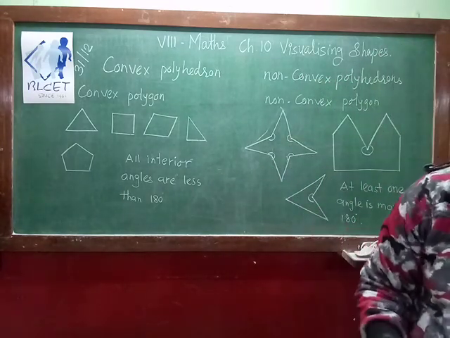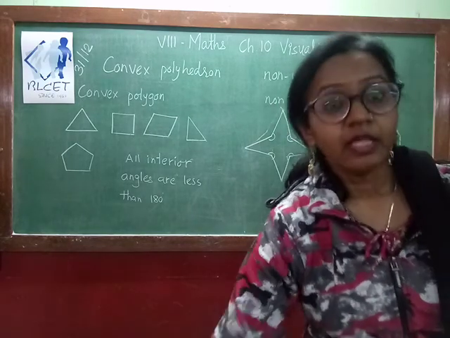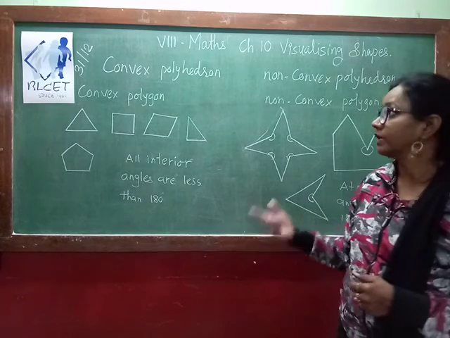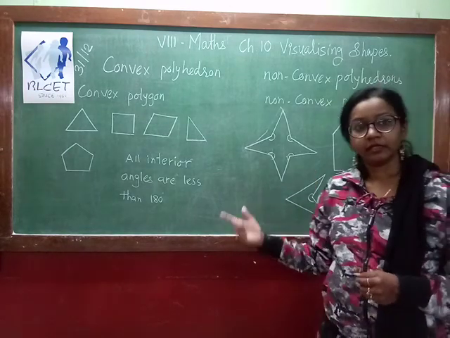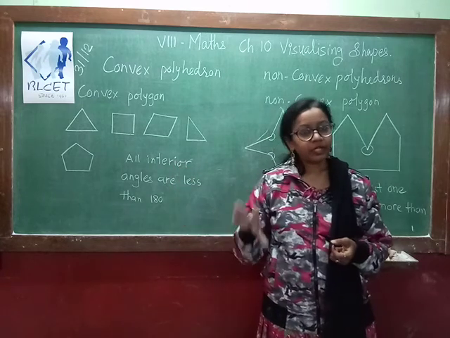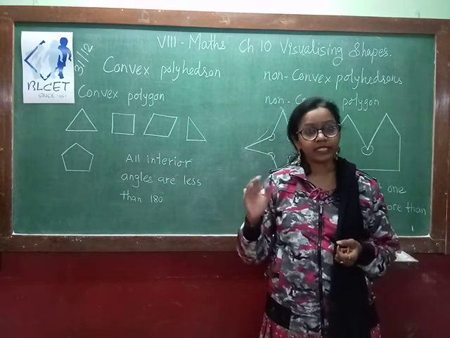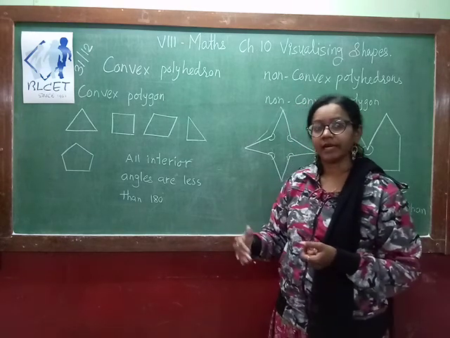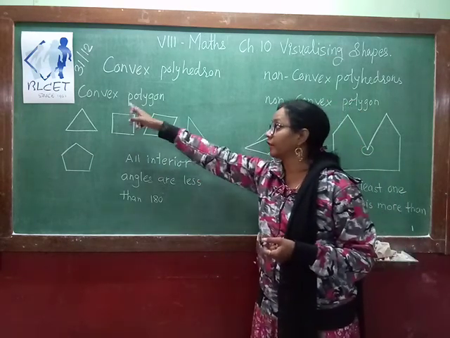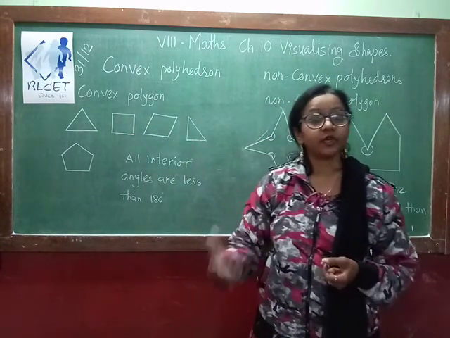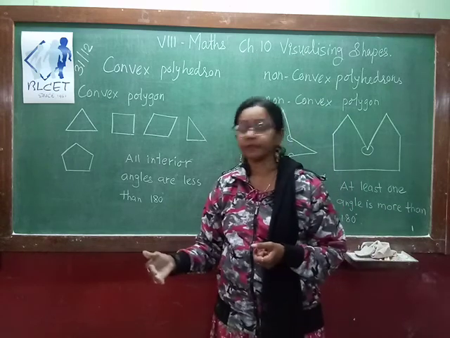polyhedrons. So we will now move on to the next topic. This is not given in your textbook. Directly it is given convex polyhedrons. Why am I telling you that? Suppose you are making a cube, and we know that a cube is made up of 6 faces and each face is a square. So we should know that square is a convex polygon.